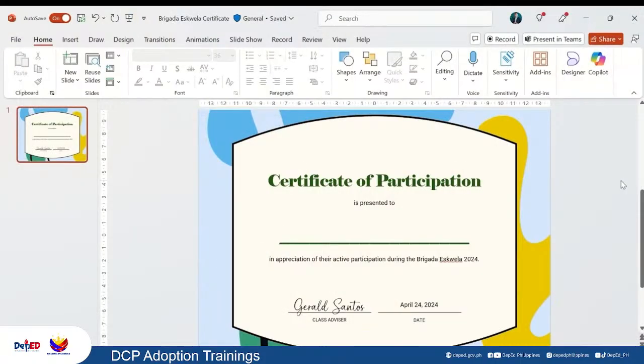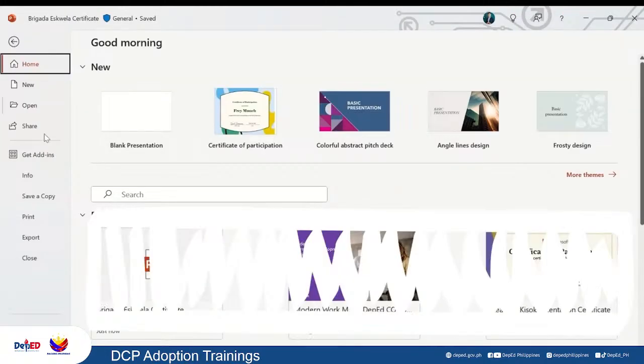Another feature ng Microsoft Word that's useful for the teachers is mail merge that we can use to generate bulk certificates for our learners. For example, kapag nagbibigay tayo ng certificates to our quarterly achievers o kaya naman those who participate in the events that we prepare. The first thing that we need to do is to make sure na meron na tayong certificate template. Next ay kailangan natin itong isave by clicking File and then Save a Copy